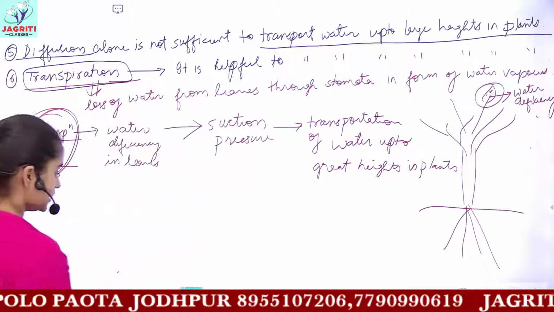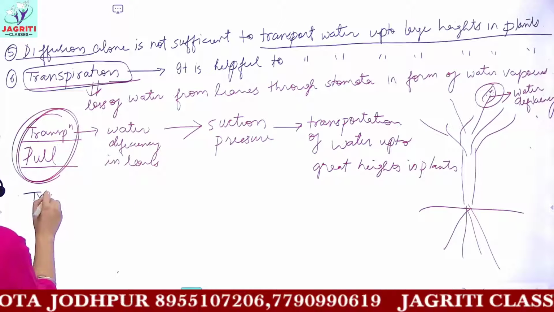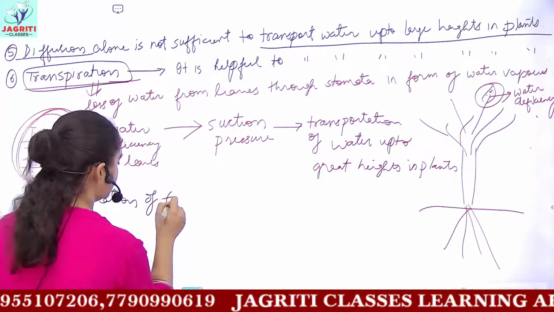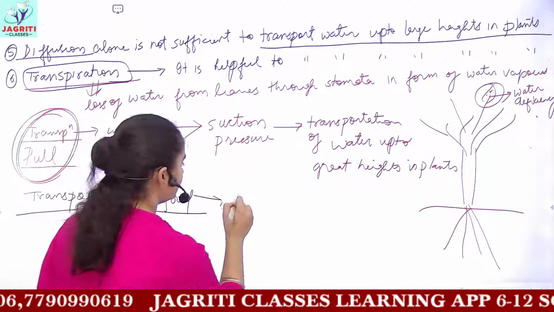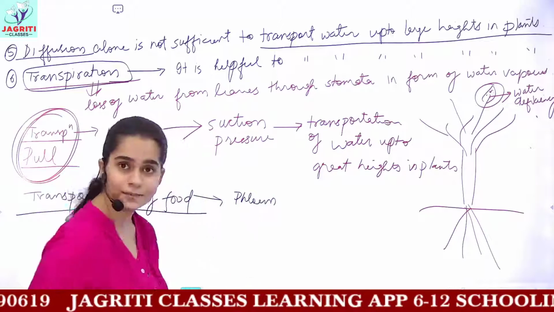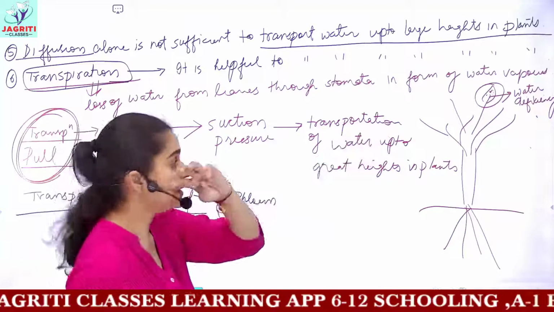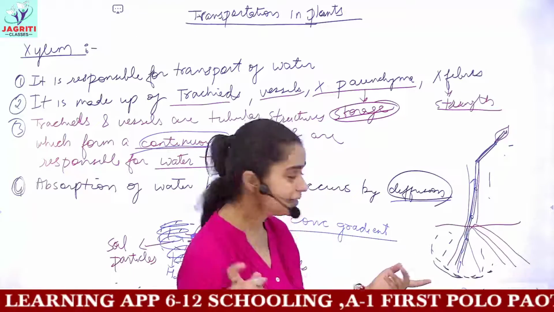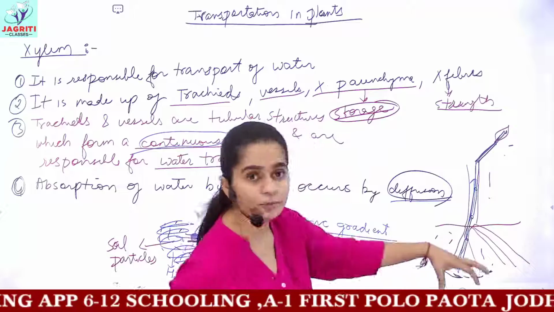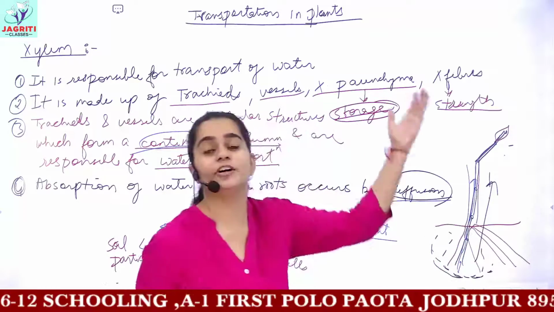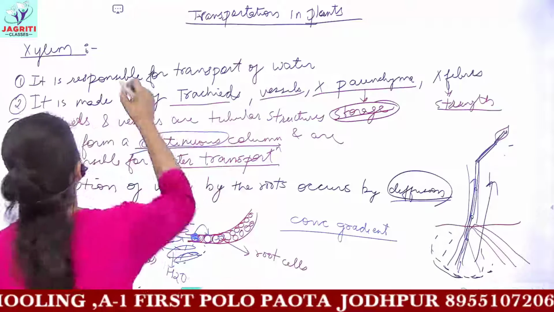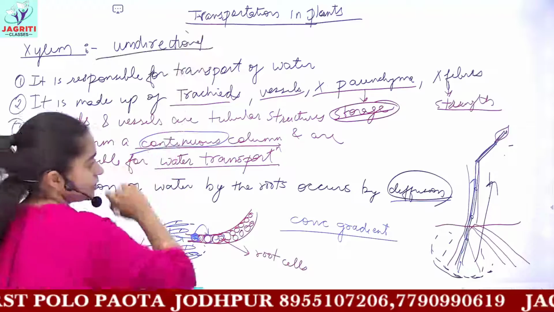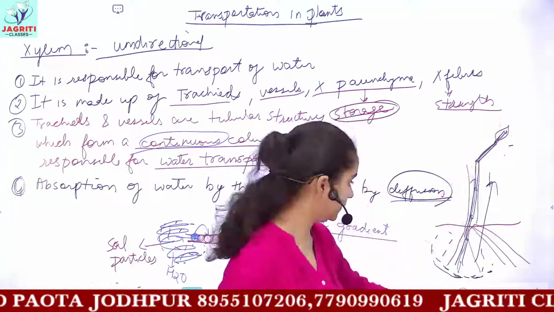Now the next is transportation of food. So how is food transported? Food is transported with the help of phloem. Now, you can also make a diagram, that is, xylem, which is responsible for water. We did it in the previous section. Water is always absorbed by the roots, and this water from the roots travels in an upward direction. Hence, xylem is responsible for unidirectional flow of water. Unidirectional means from downwards to upwards.